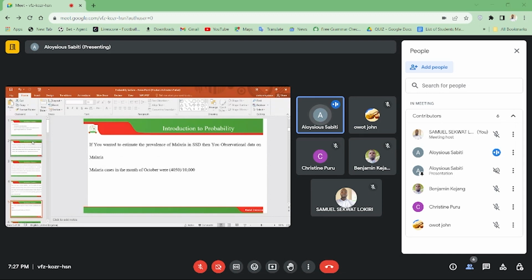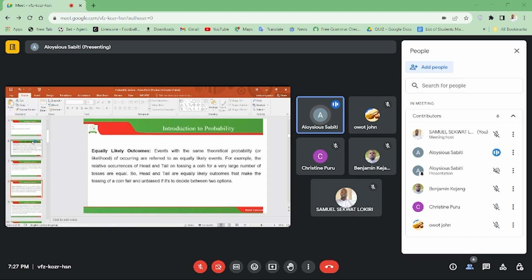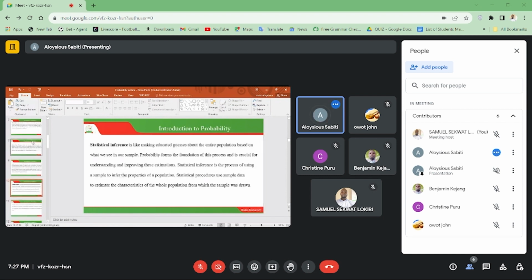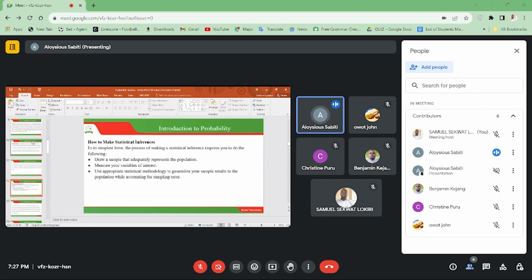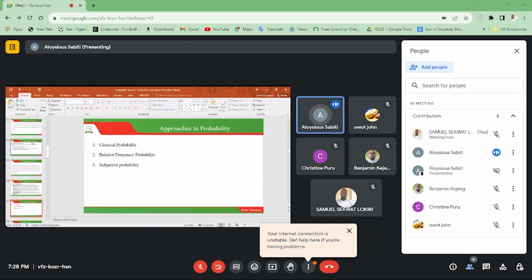And we looked at key terms: random experiment outcomes, the sample space, equally likely outcomes, what an event is, but also deeply we understood what statistical inferences are, and we looked at how we can actually make some of the statistical inferences in probability. And we looked at some of the common inferential methods, looking at hypothesis testing, confidence intervals, regression modeling, and the